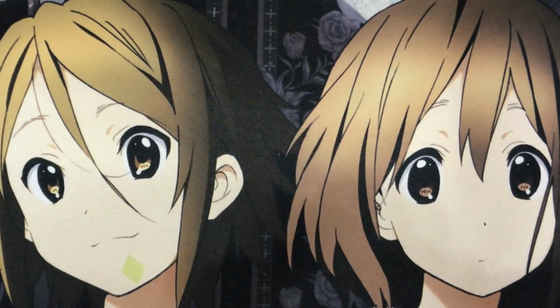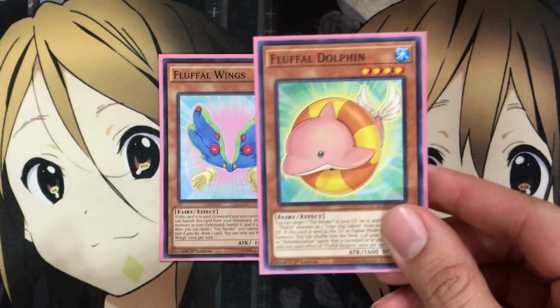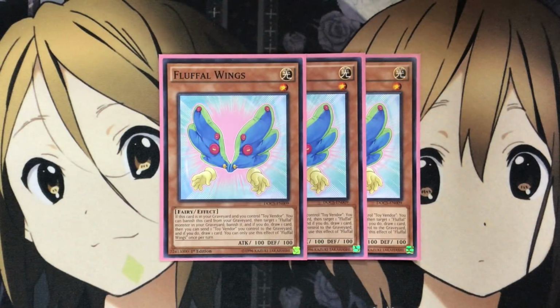And then for more draw power, I also run the 3 Fluffal Wings, along with you just being able to set this card up that much faster in the graveyard with Fluffal Dolphin. This card is just there for the draw power of the deck, being able to use it for the banish effect. If it's in your graveyard, you control Toy Vendor, you can banish this card from your graveyard, then target